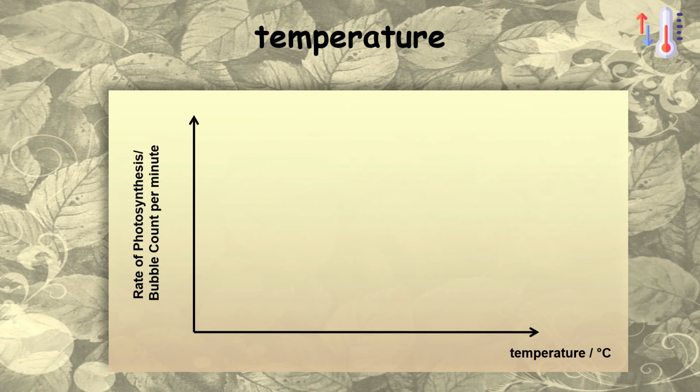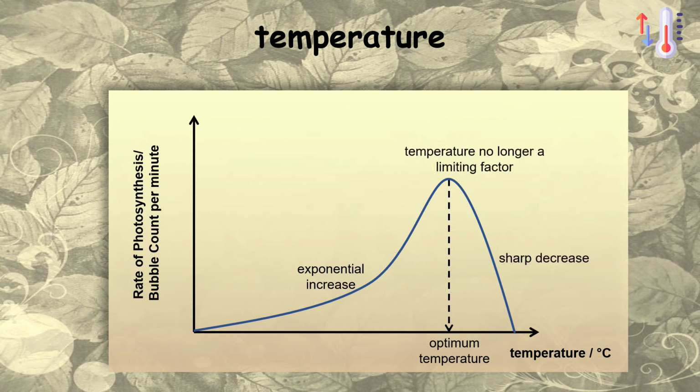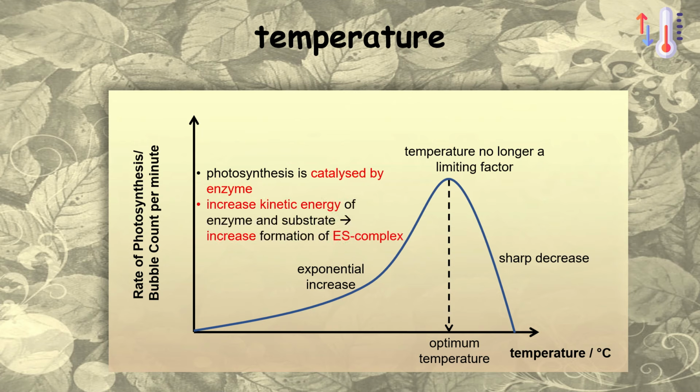Temperature. The graph of rate of photosynthesis against temperature is a typical curve of an enzyme temperature graph. You have the exponential increase until the optimum temperature, where temperature is no longer a limiting factor, before the sharp decrease. The increase is because photosynthesis is an enzyme-catalyzed reaction, and the increase in temperature increases the kinetic energy of